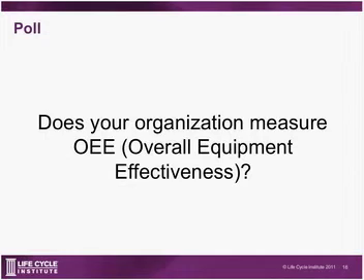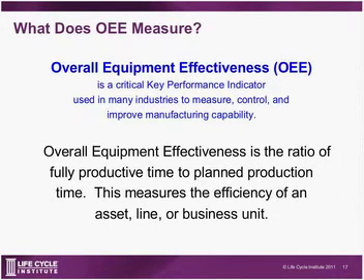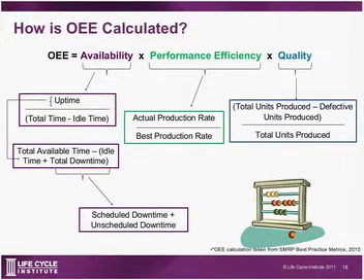So again, the first step in measuring OEE is figuring out where our data is going to come from, just like any other process. And what is OEE? It's a metric, a key performance indicator, to measure, control and improve manufacturing capacity. It's a ratio of plant productive time to plant production time. And it can be assessed on a machine, on a line, a product line, an entire business unit, etc. How is OEE calculated? OEE in and of itself could be a topic of a future webinar, so we'll break down the formula here, at least at a high level.